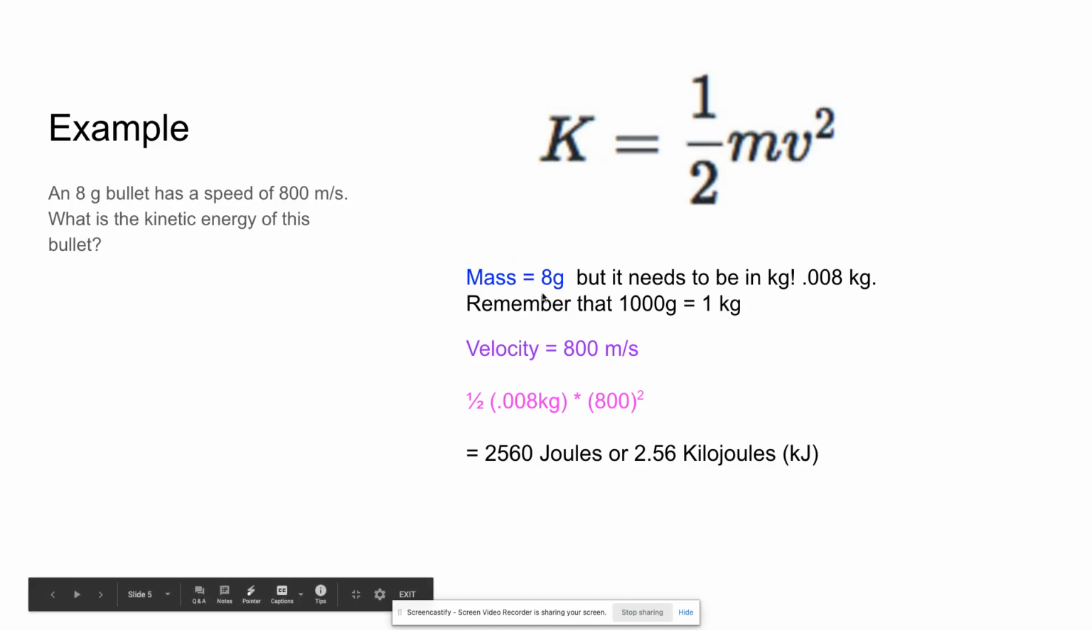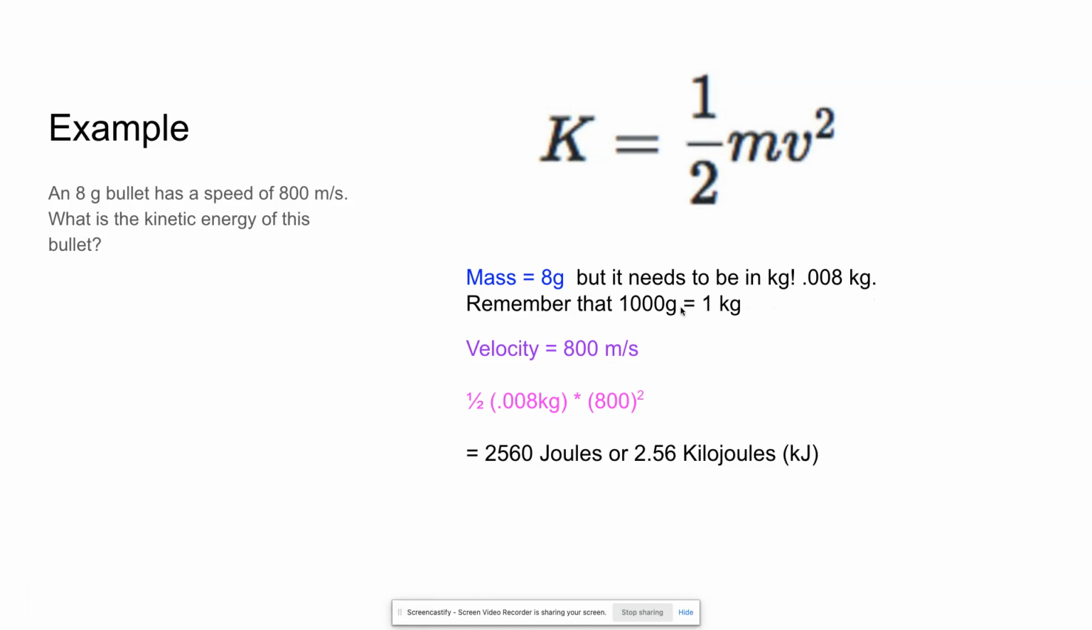Okay, so we know that our mass is 8 grams, but remember that it has to be in kilograms. So you have to convert that, knowing that 1,000 grams is equal to 1 kilogram. Your velocity is 800 meters per second. So you're going to take half of 0.008 kilograms and multiply that by 800 squared. When you do your math, you end up with 2,560 joules,